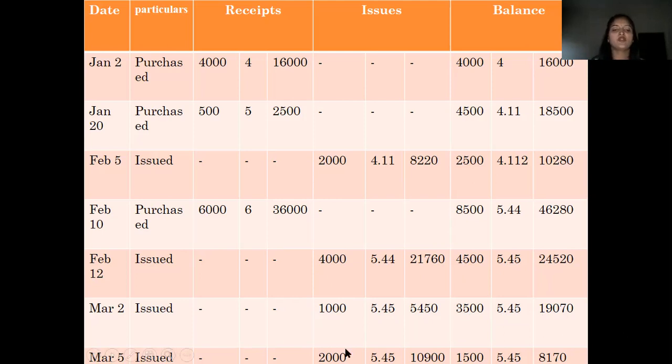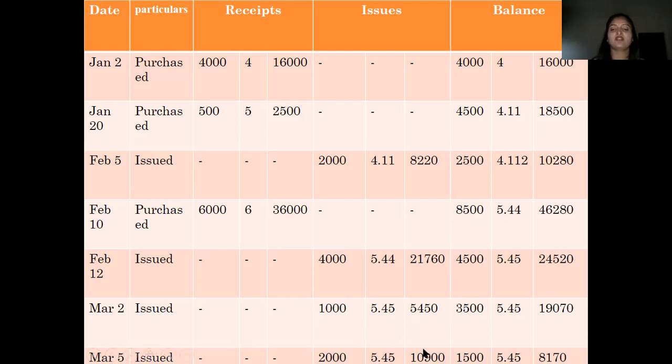Next, on 5th March, we have issued. How many units have we issued from the stock? Already we have 3,500. Out of 3,500, we have issued 2,000. And what is the balance we have? 3,500 minus 2,000, you are going to get 1,500. Now, what is the cost per unit? Already we have it in the balance. So 2,000 into 5.45, you are going to get